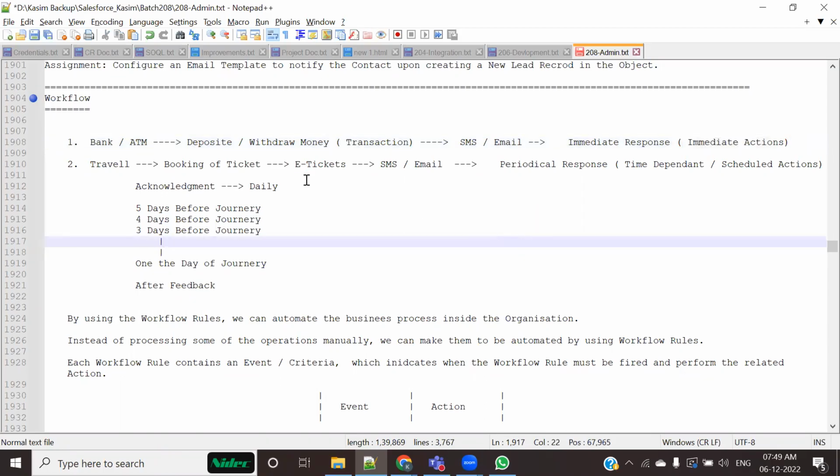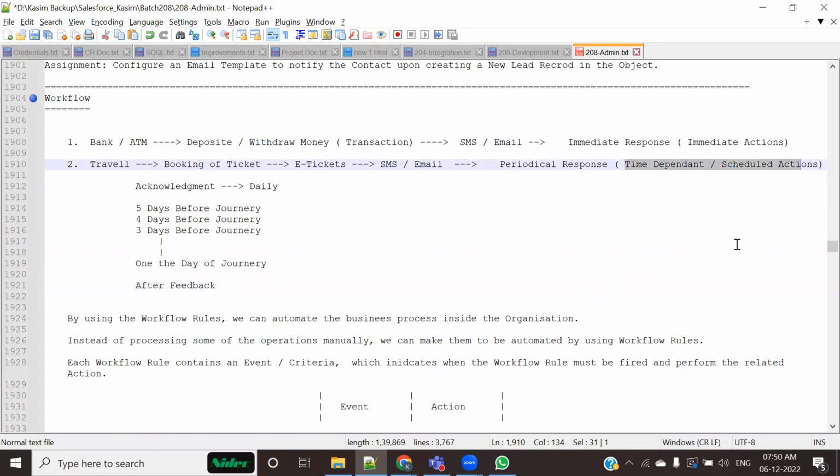So this kind of response, where you expect something to happen as the event occurs, as that event was, what? Event was a transaction. As you do that transaction, as that particular event occurs, we wanted this response to be generated immediately. And so this type of response, this type of action, we used to call as immediate actions. The second type of action, the second type of automation we could require is called as time